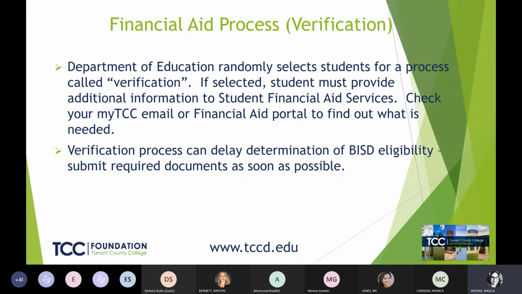And if you are selected, definitely get that information to them as quickly as possible, just because there are some processing times. So if you have to request a document from the IRS, there's some time that you have to wait to get that document.